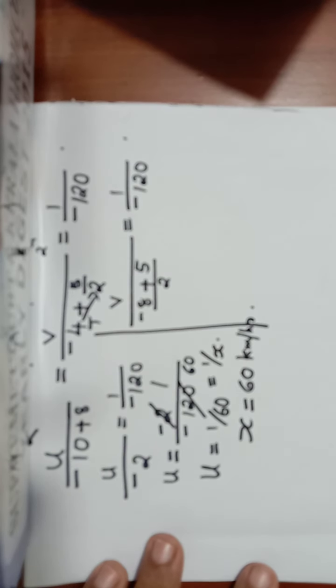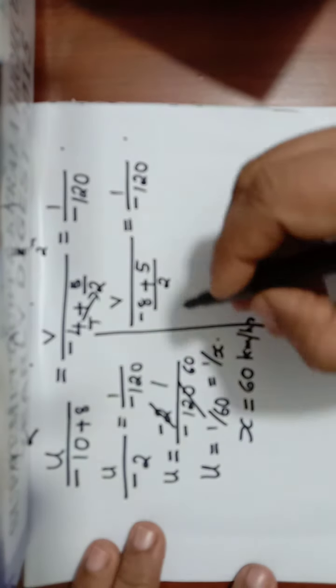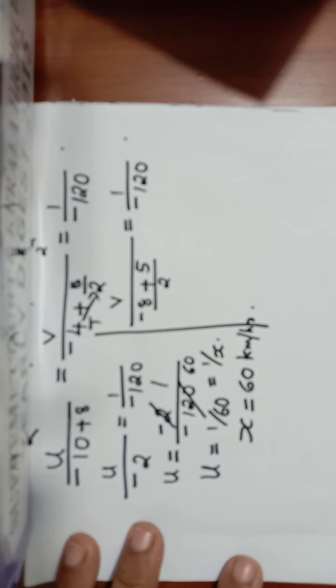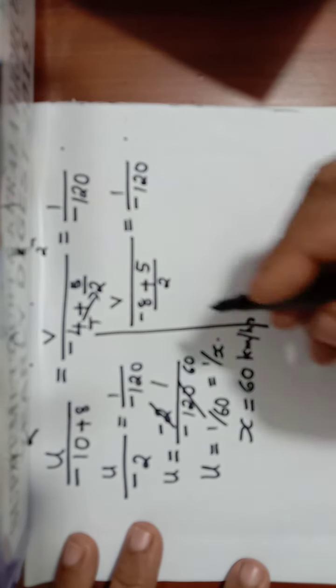So all of you have to write it now. Speed of the train equal to 60 kilometer per hour. So how do we do this? Divided by. So how to solve this? Or we can use this x in any one of this equation. There also we will be getting the answer. So let us do this itself.